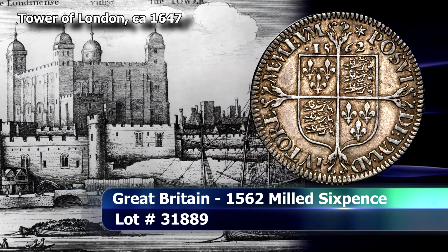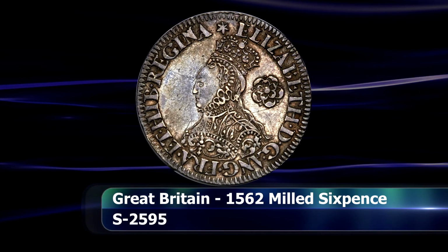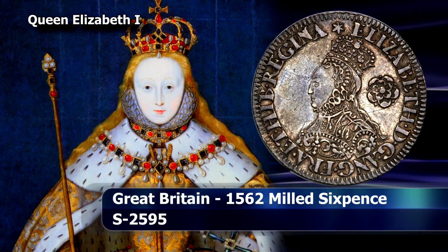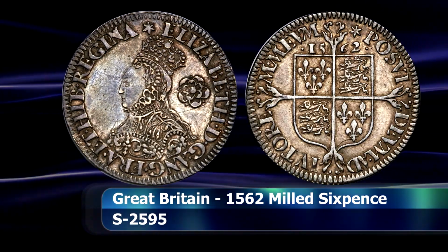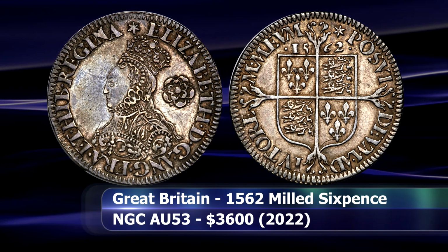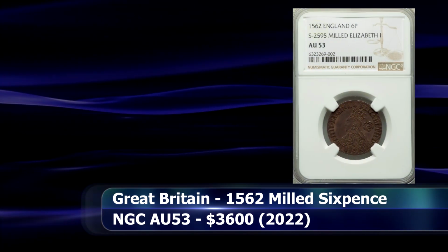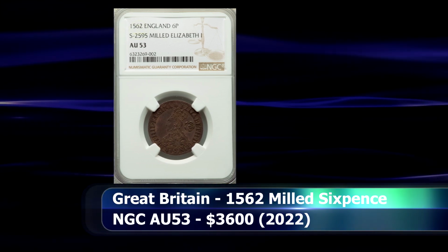And while on the topic of Elizabethan coinage, an interesting subset are the milled coinage of Elizabeth I, introduced to the country by French moneyer Eloy Mestrelle a full century before the technology would become widely adopted and finally supersede hammered coinage, an early attempt to modernize the Tower Mint that ultimately failed. But this 1562 dated sixpence remains as a testimony to that effort, graded by NGC as AU53 and sold at auction for